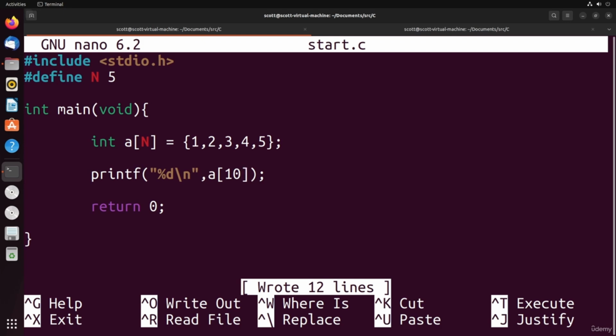The reason being is that if somebody malicious manages to input an index that is bigger than the size of the array, they can read random bits of memory. And who knows what's in that random bits of memory, right? There could be sensitive data in there, there could be program-related data in there, and if they're able to write past the bounds of the array, they can actually write their own code into your program and cause it to execute that code. So this is a potential security risk,